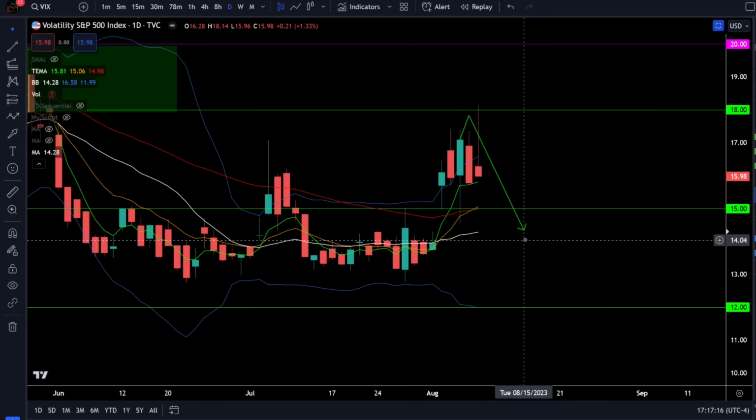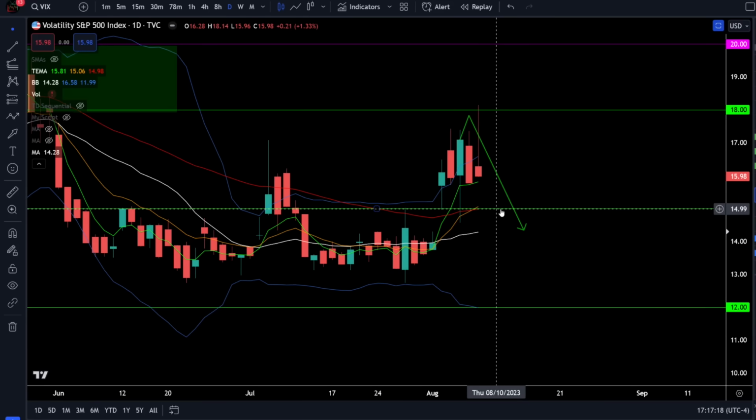If you want to be a little more risk off, just be a little more conservative and risk off while the VIX is above 15. But by the time the VIX breaks down below 15, you've likely missed a very strong bounce from those critical